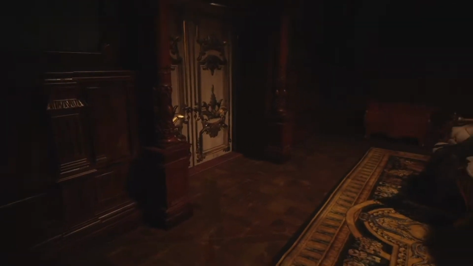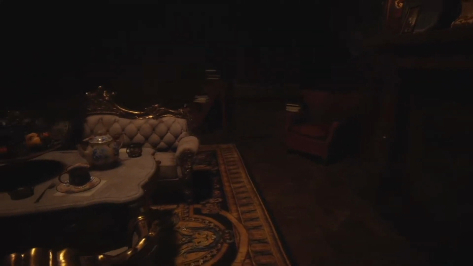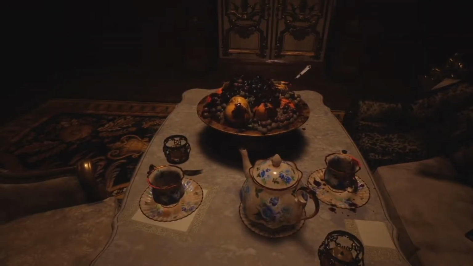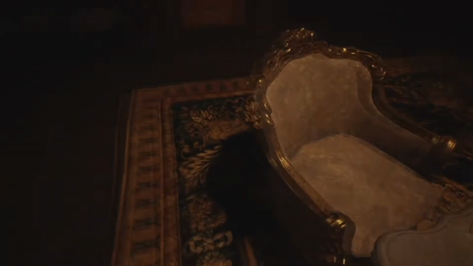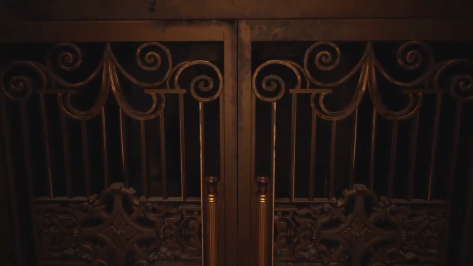So here's the Maiden of the Harvest, a painting that I also missed on my first playthrough. There's probably some lore reasons behind that. Also a lot of clothing articles on the sofa on the right there. I'm not sure if Lady Dimitrescu was the one who left her gloves and I think a scarf on the sofa there, or a veil actually. I'm not entirely sure what that was, but